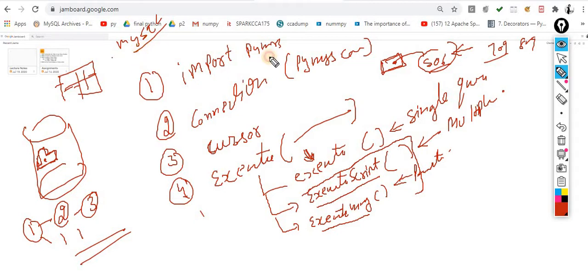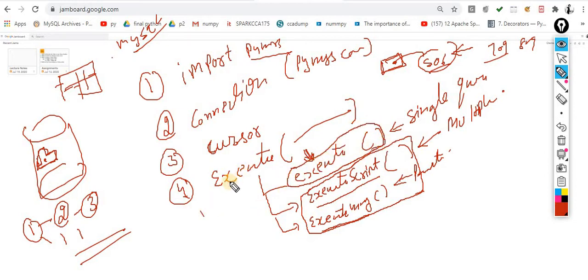PyMySQL is a very helpful and lightweight module, with which you can do n number of things. These two things weren't supported by this module, so we will achieve the same thing with the help of execute. Don't worry about it.